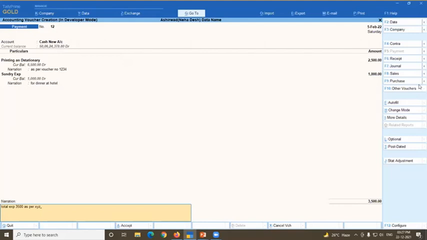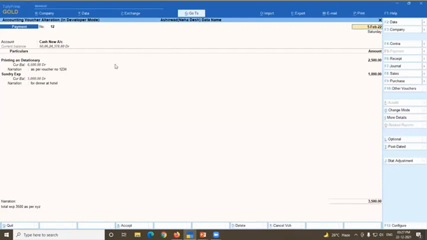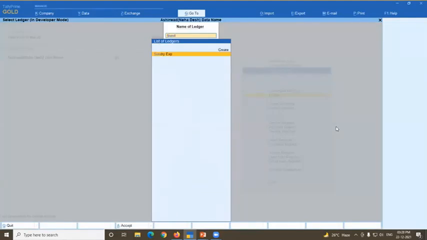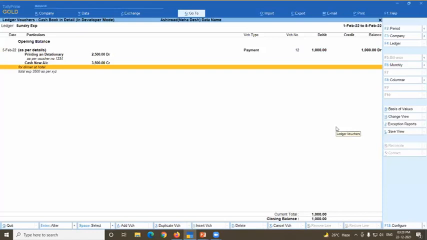Now the benefit of this feature: where you are going to enter any voucher with multiple ledgers, here are multiple debits and a single credit. So now if I'm printing a ledger of sundry expenses, the narration should be shown this, not this, or both. Okay, see, display account book, ledger, sundry expenses, and see here, this is the narration and this is the common narration.